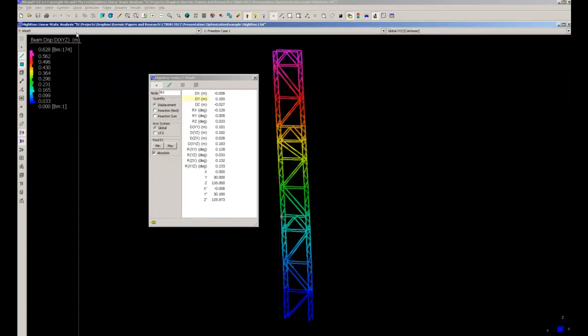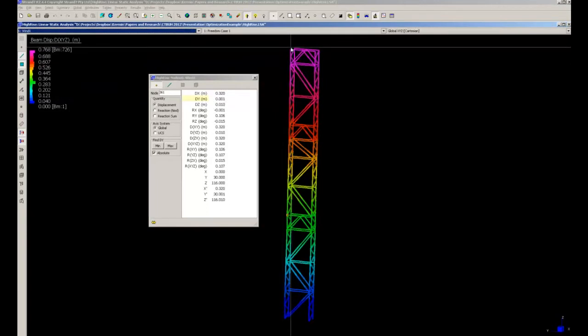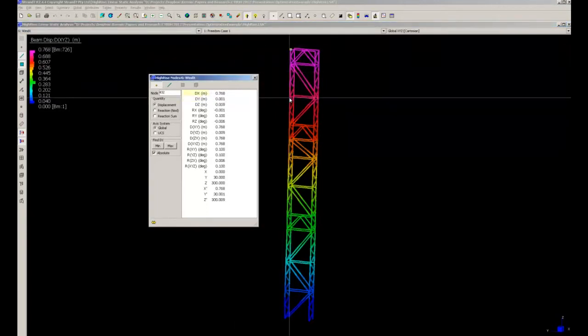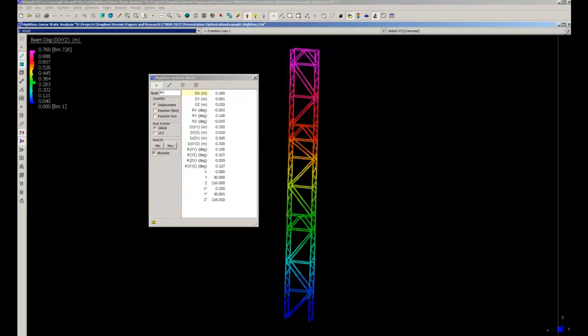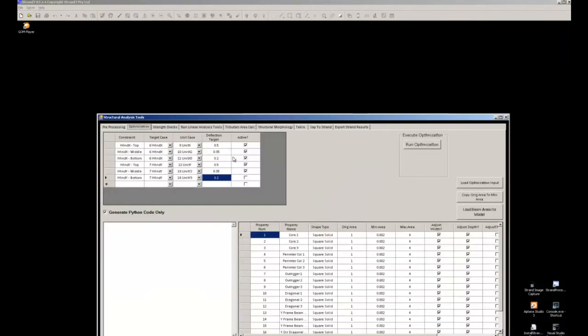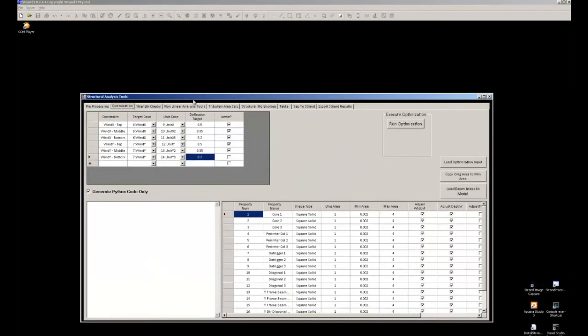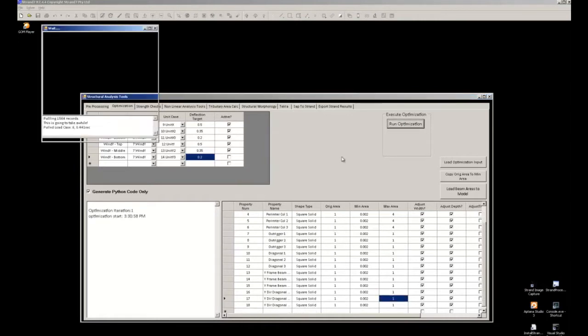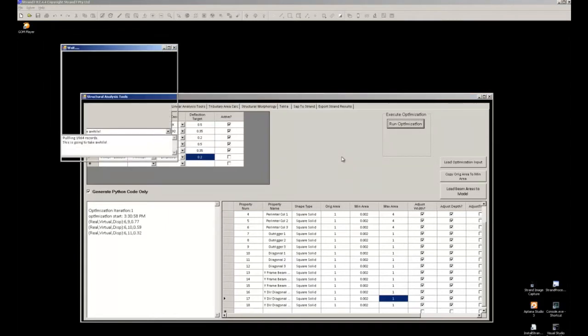So here we're looking at controlling drift at 3 locations along a tower's height, a hypothetical tower, in both the x and y directions. So we have 6 constraints that we want to impose on the solution, and we're also looking at constraints such as volume. So columns cannot be any larger than x, or cannot be smaller than y. So this is a custom program that sets that up. And this is all VB.NET, and it's laid on top of open source optimization technologies.